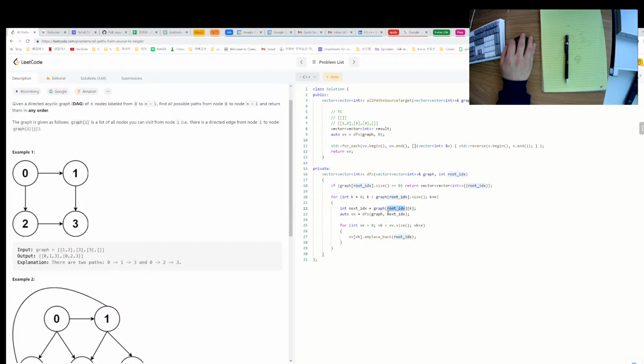So 0, 0, 0, so this is 1, next index is 1, and then it will be 2, right? So we're gonna add 1 here, and then it will return some kind of VV. So something from 2 will be returned, so it's gonna add something like this, and then